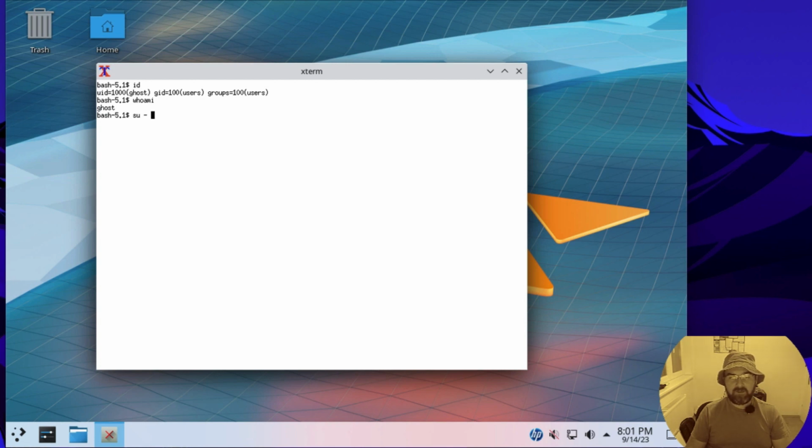So I can say su minus and then root, or because root is the default user, the one starting with 0, I can just say su. Then I can say password for root, and now I am